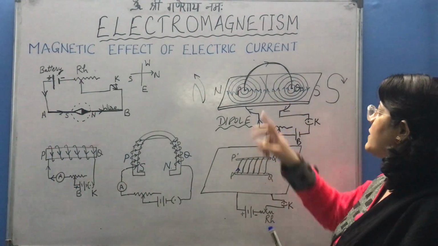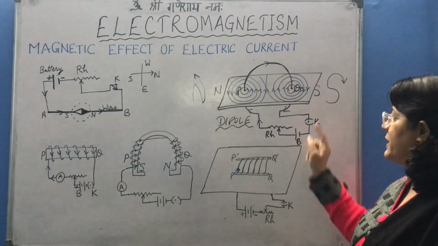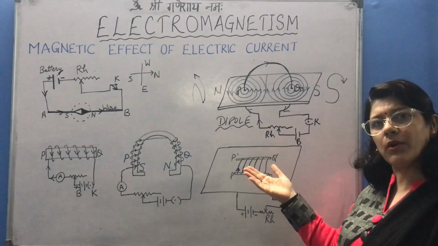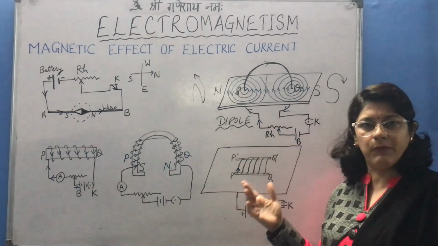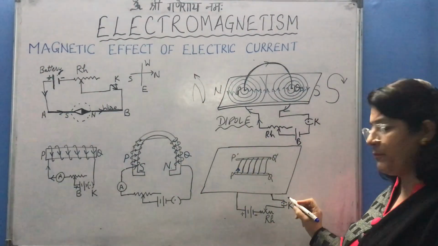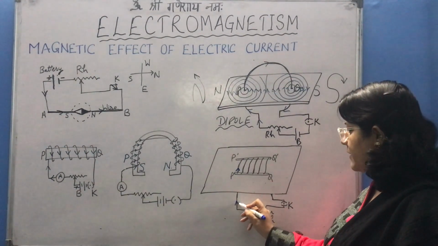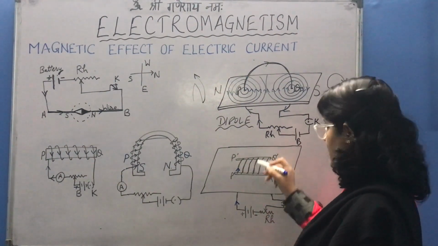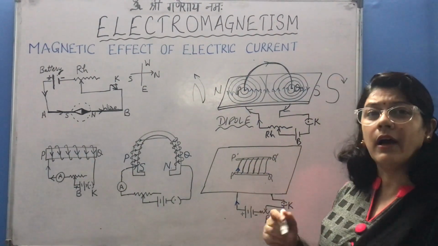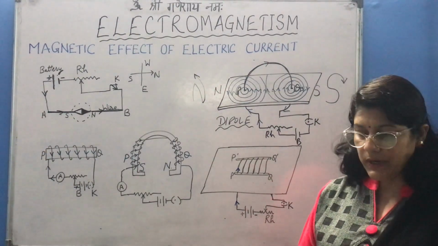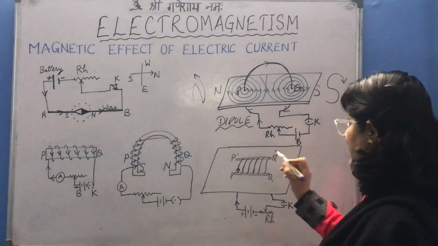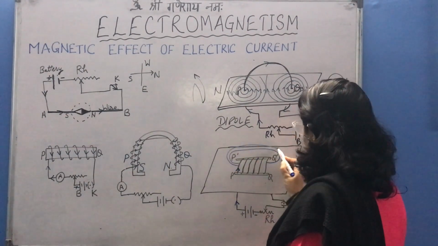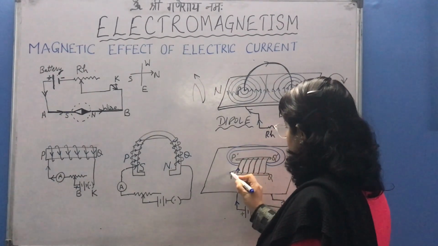The next experiment based on a solenoid is, we have again taken a cardboard. The modification here is that we have taken only 2 slits and passed a number of turns through these slits. The more the number of turns, the more the strength of the magnetic field. So here as we press the key, current starts flowing in the circuit. When current flows through these wires, again it behaves like a magnetic field, and the magnetic field lines can be depicted like here. Only 1 or 2 magnetic field lines are sufficient to demonstrate.